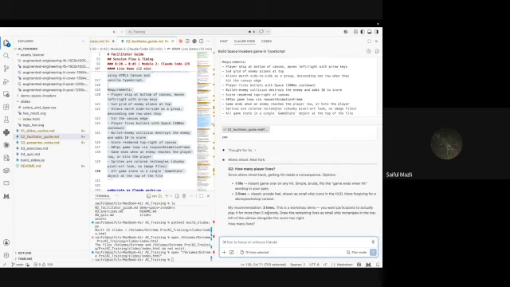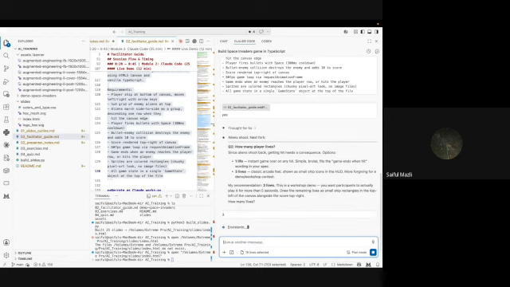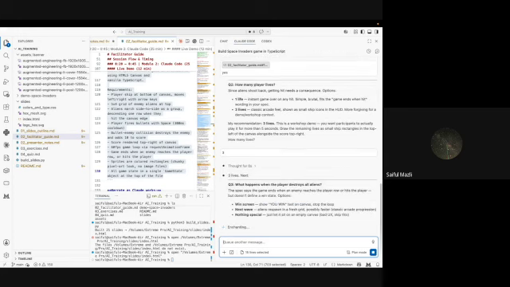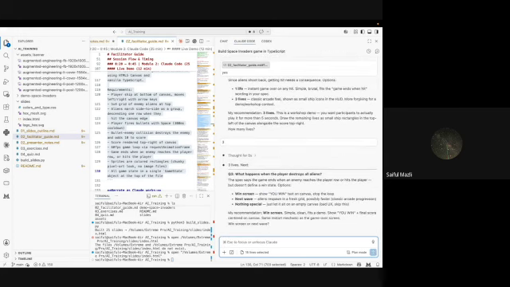How many player lives? Okay, let's say 3. Again, these are things that I didn't tell it. It goes by what it knows about video games. So this is where the AI actually becomes quite good. It has a lot of general knowledge, a lot of knowledge about a lot of things. And what happens when the player destroys all the aliens? So let's say next wave, right? Yes, it's asking you all these questions.